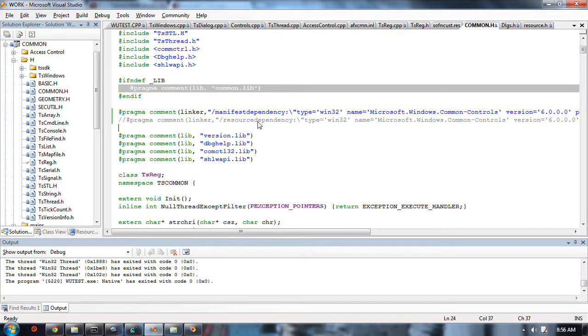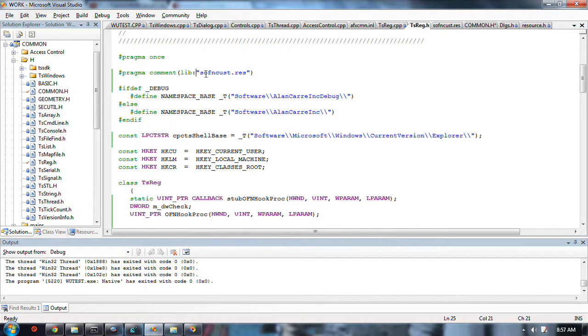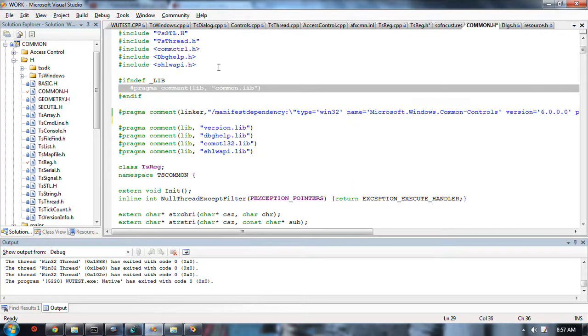Now, what the? See, I was thinking that I could do something like linker specification. I wonder, well, I should put it with the others, even though it happens to be